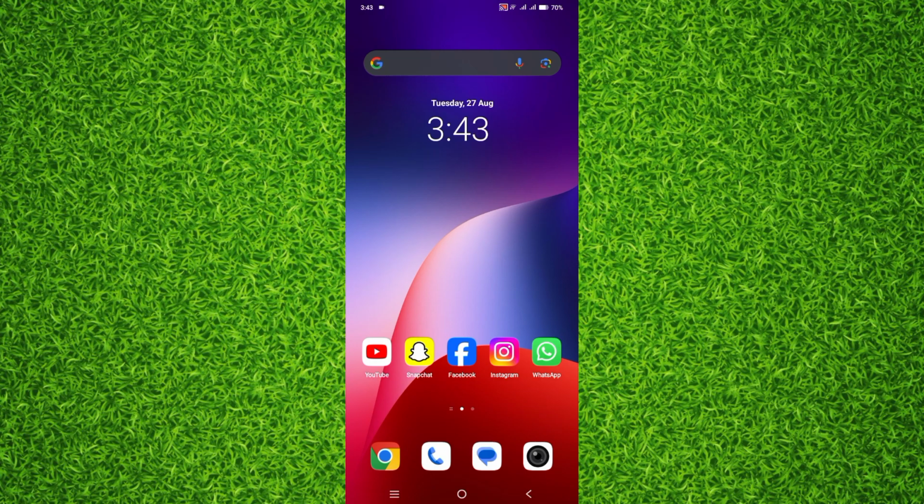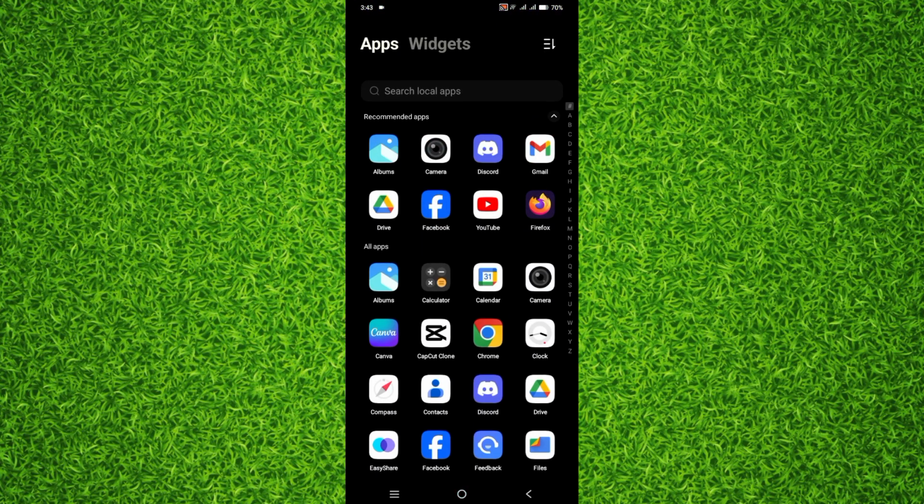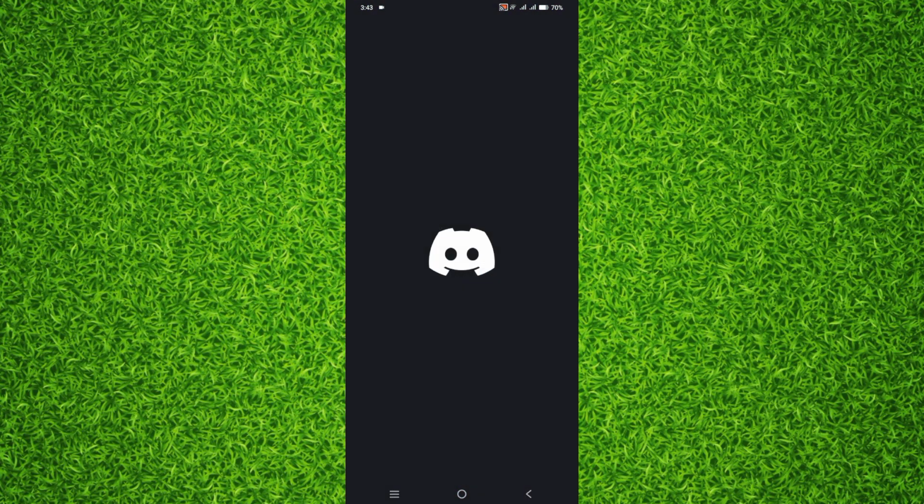In this short video I will tell you how you can easily turn on developer mode on the Discord app. That's quite simple, interesting and easy, so make sure to watch the video till the end so you don't make a single mistake. So guys, first of all, in order to turn on developer mode you'll have to open up the Discord app on your phone,